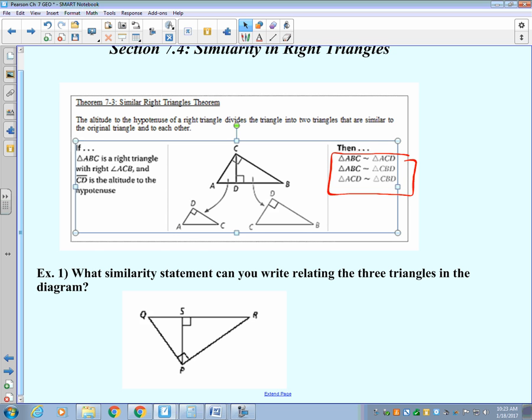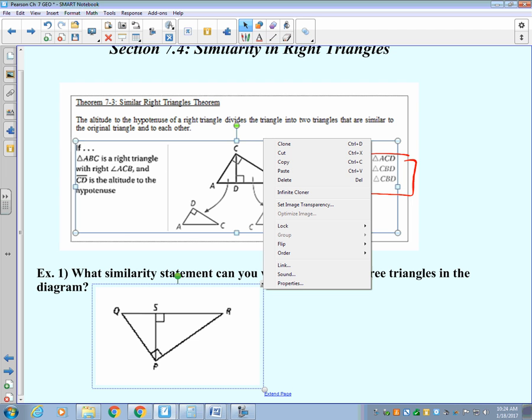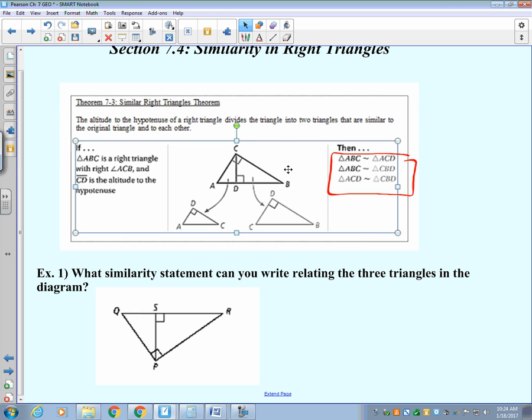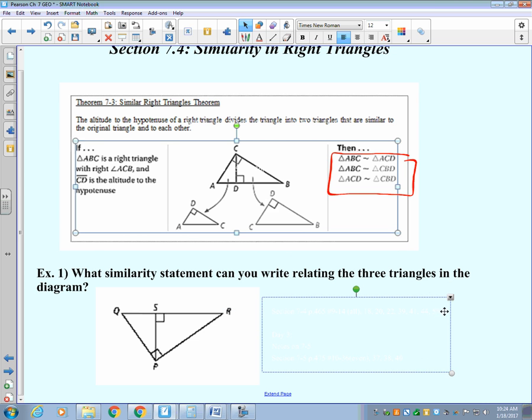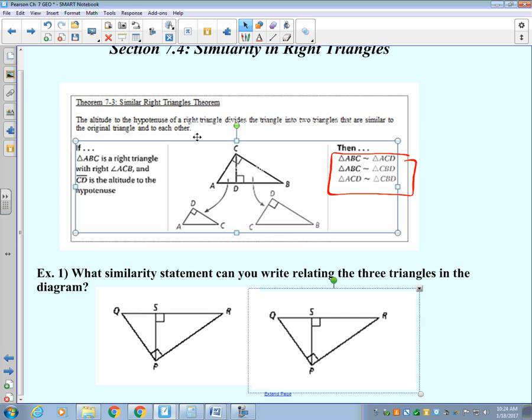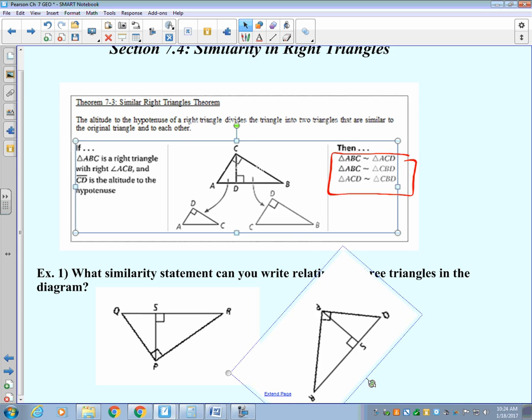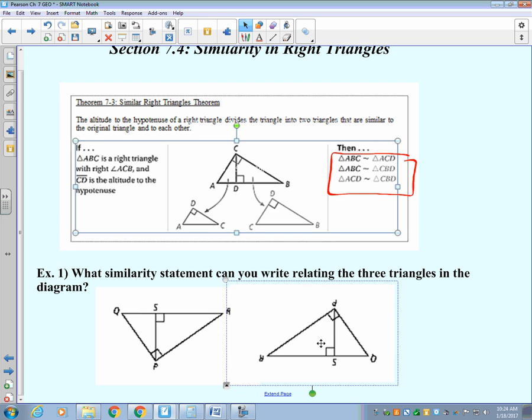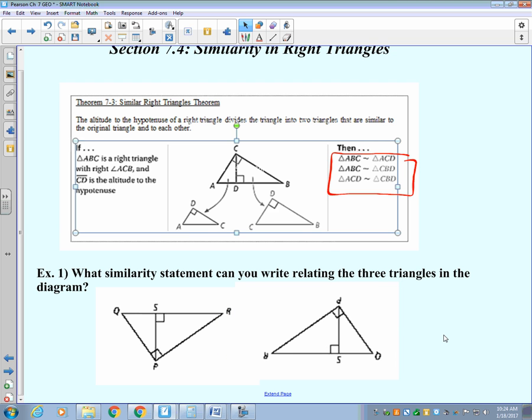Okay. So it says, what similarity statement can you write relating the three triangles in the diagram? You are going to do this on your practice assignment, so it's super important that you be able to do it here as well. So we're going to take this triangle, I'm going to make a copy of it. My suggestion to you is that you redraw the triangle so that it matches the orientation of our original one here. So we're going to flip it around, and when it's flipped around, we can see